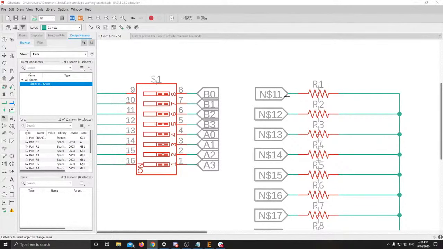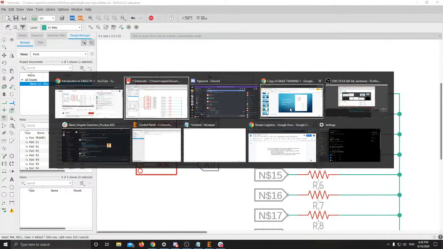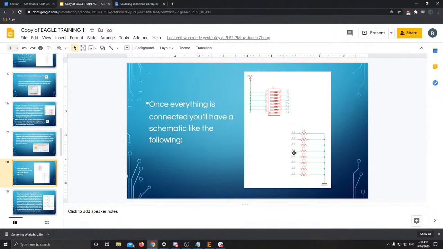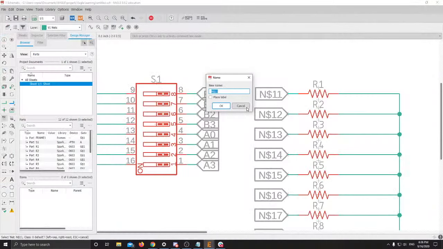Okay, so then we'll do the same thing for the resistor side. They did it in a slightly different order on these slides, so I'm going to go ahead and replicate that, and instead of doing B0 through 3 to A0 through 3, I'm going to do the opposite. That's just so that the bits of our adder will make sense a little bit later. So this is going to be